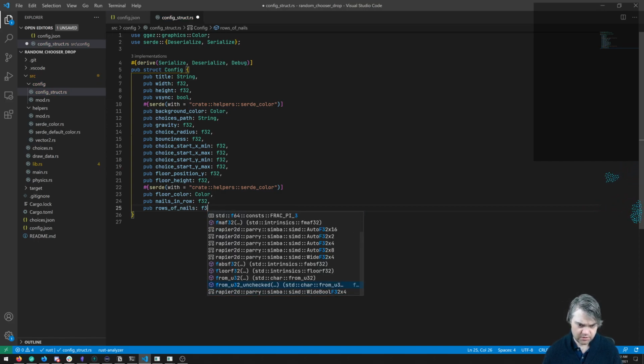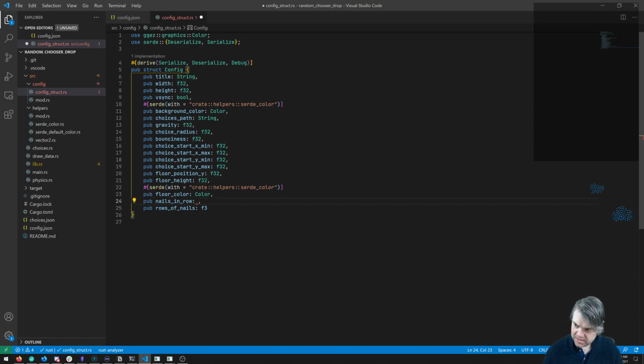I think these can be like U8s essentially. We're not going to have that many of them. Okay, so once we have this, then we can